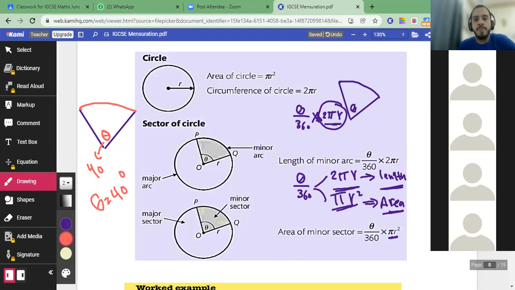What is theta? Theta is the angle included between the two radii of the circle. خلاص؟